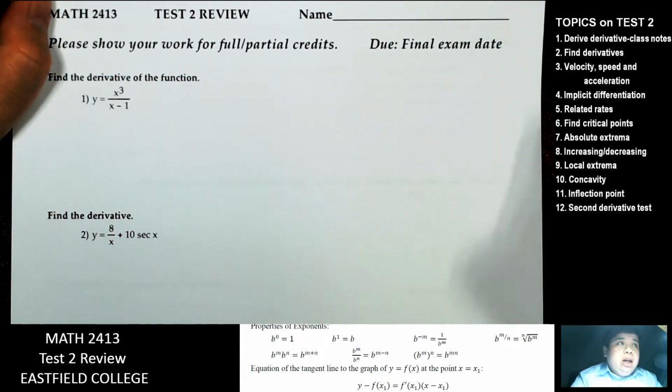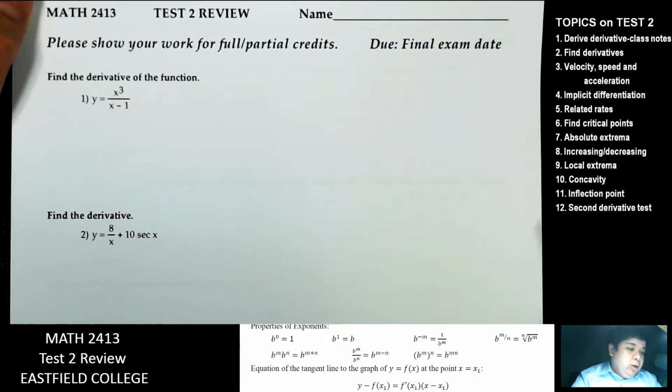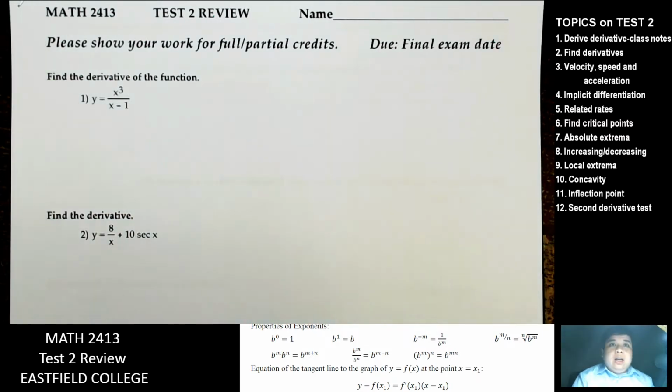Hi everybody, welcome to Test 2 review in Calculus 1. As always, you see the topics will be on the top. On that side we have some formulas. Right, let's get started. On the first topic, we see it is derive the derivative, and